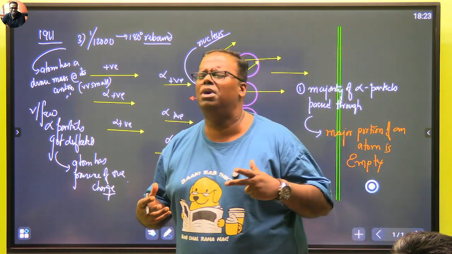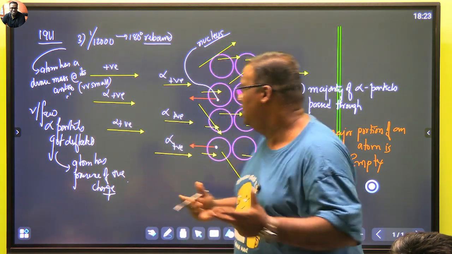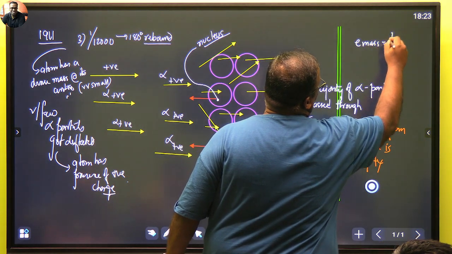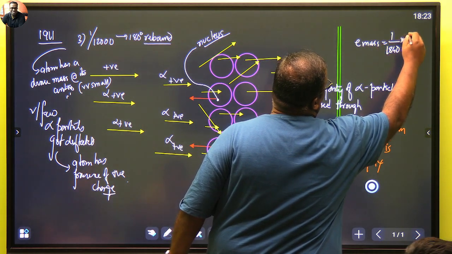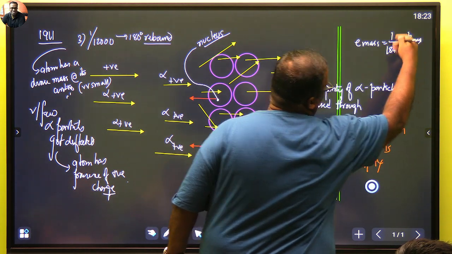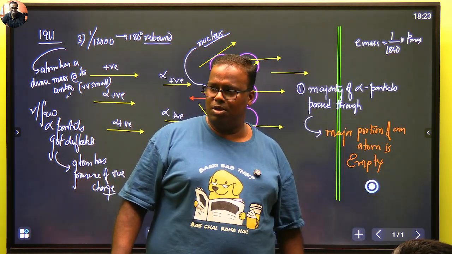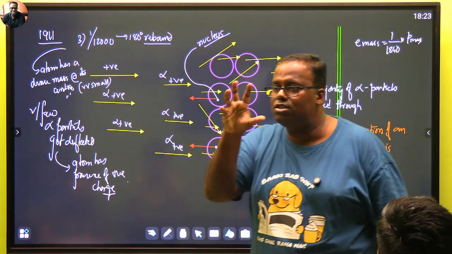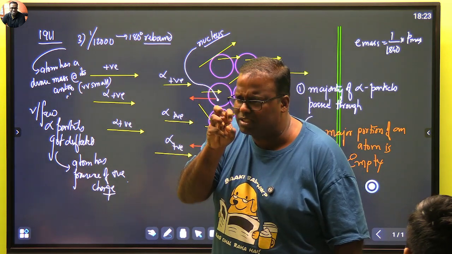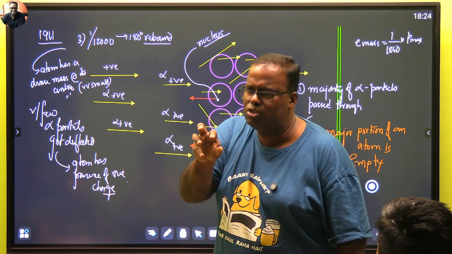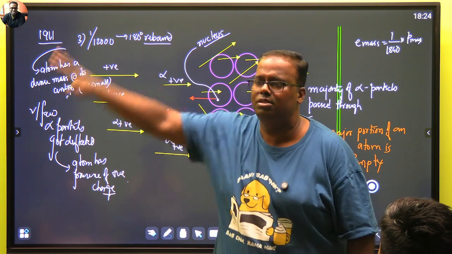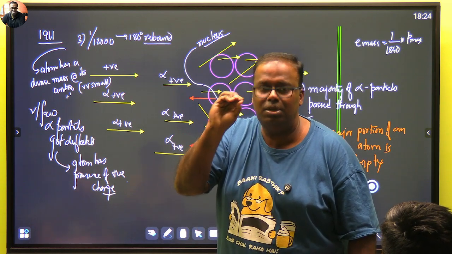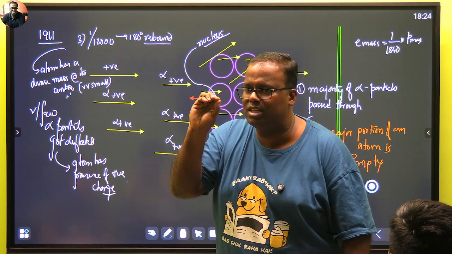Mass of the proton is much, much higher than mass of an electron. If you just want to have a study, electron's mass is equal to 1 by 1840 times the mass of a proton. तो सोचो इलेक्ट्रॉन कितना हल्का है. समझ में आया? So proton is very heavy, and he said that the nucleus comprises of protons, densely packed, very small in structure, so small that if the atom is supposed to be a football field, then the nucleus is of the size of a pea, मटर के दाने के जैसा, 1 pea seed के जैसा है.